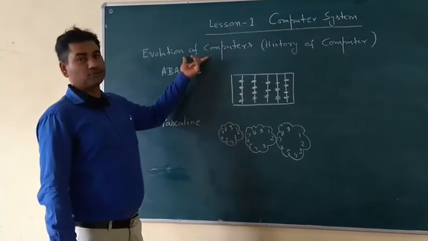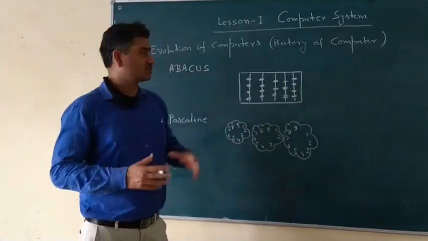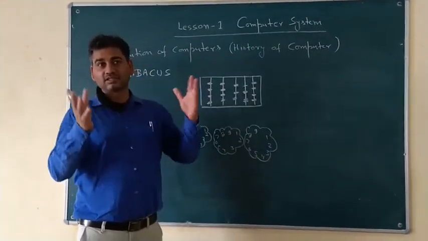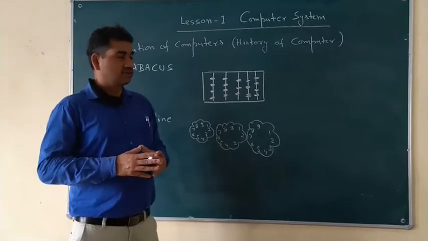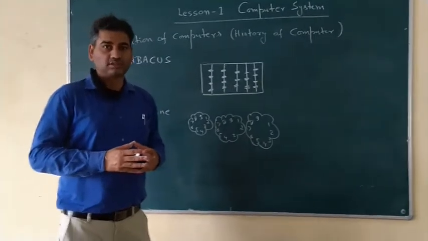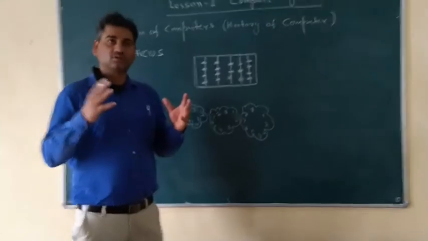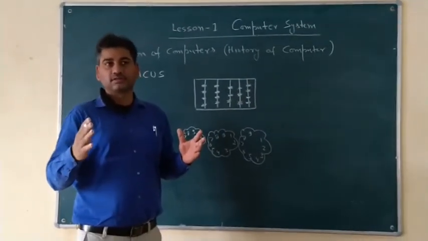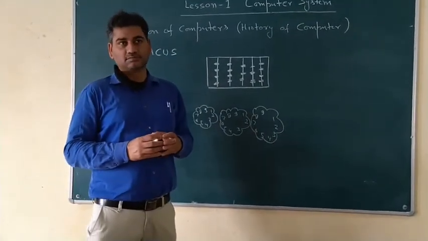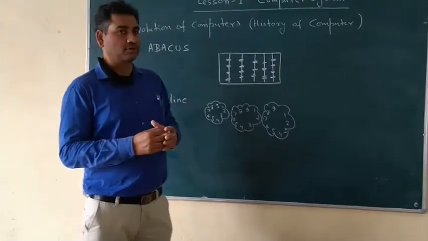Now, evolution of computer. Evolution means the history. What was the history of this computer system that you are seeing today? Today it is an electronic device that runs using electricity. But how was it invented? It is a very old story. Our electronic devices were made around 1940. Before this, there were many computer systems that did not run using electricity. They had some other process.